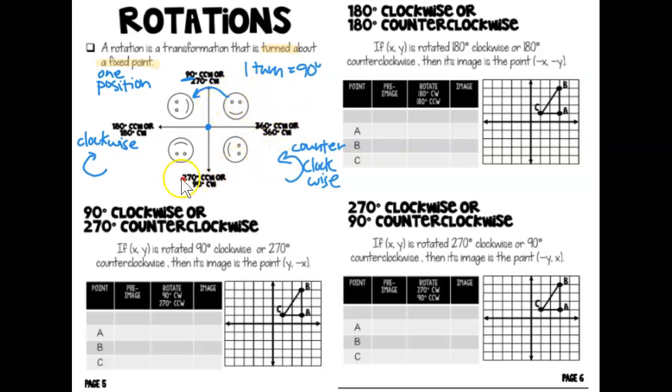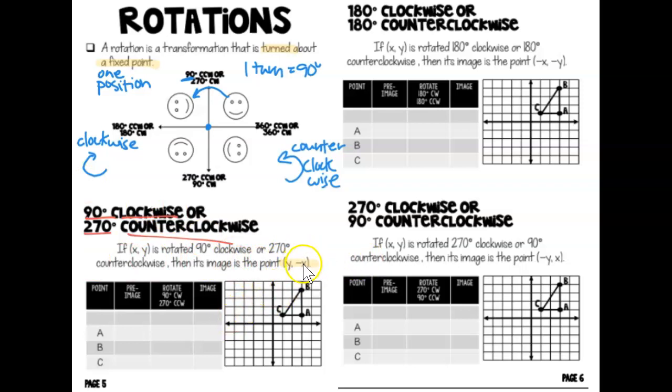Now if I go the opposite direction, clockwise, I would be at 90, 180, 270, 360. So notice that 180 and 360 are the same from either direction. Because we can get to the same position in opposite directions, we're always going to have two directions here, so 90 clockwise or 270 counterclockwise. Either description works. If we are rotating 90 clockwise or 270 counterclockwise, the image point will use the rule